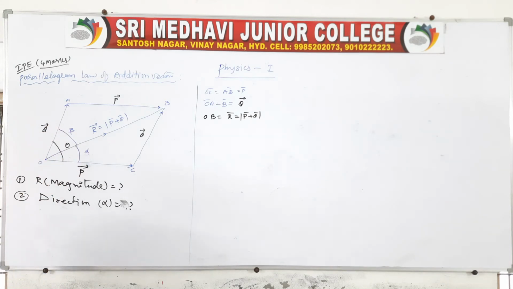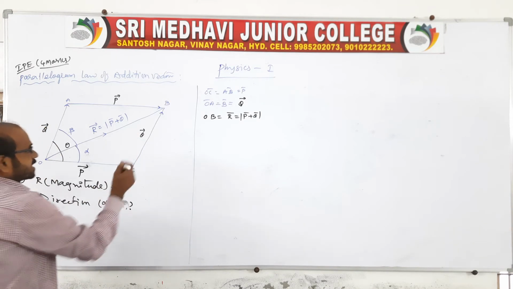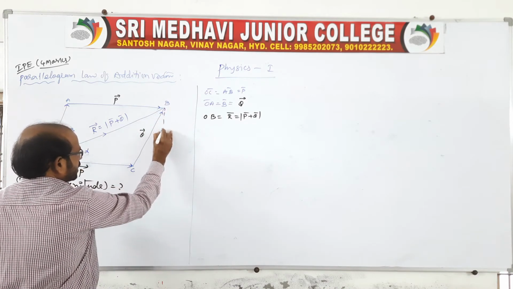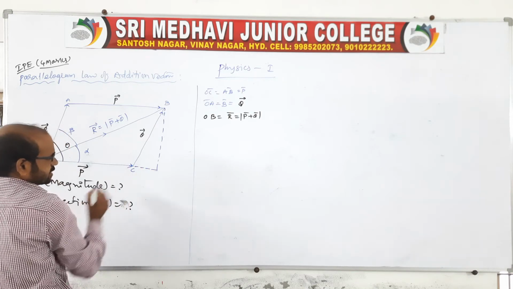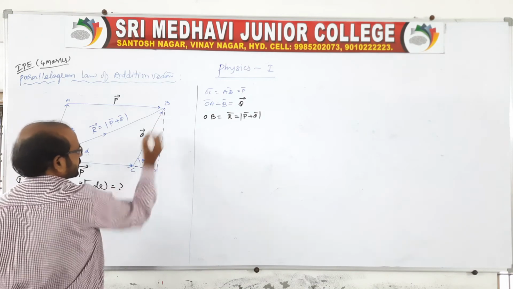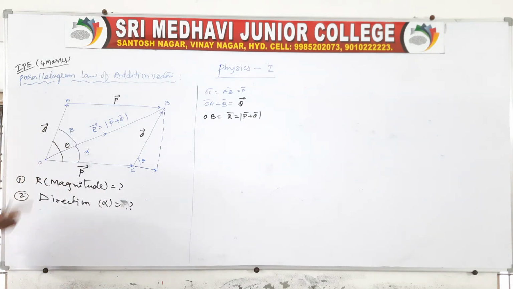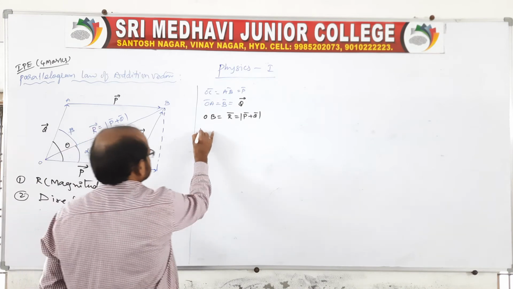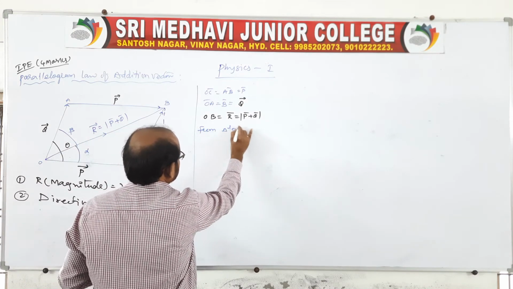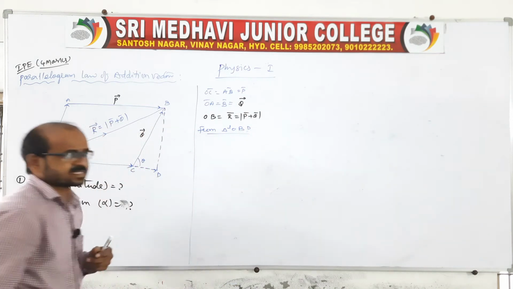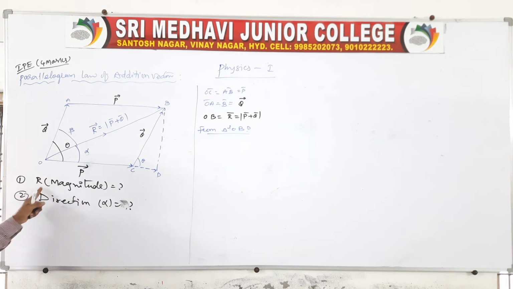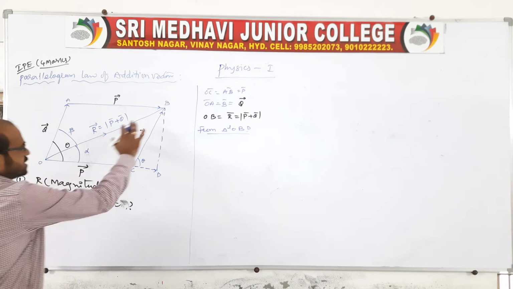Remember, in a parallelogram there is actually no right angle triangle. So let us construct a right angle triangle by extending from B onto the horizontal. Extend the horizontal like this, which makes an angle theta, the same. Now there is a right angle triangle, triangle OBD, which is right angled at D. By using this, first we have to find the resultant magnitude capital R, and after that the direction alpha. Here, let us apply Pythagoras.